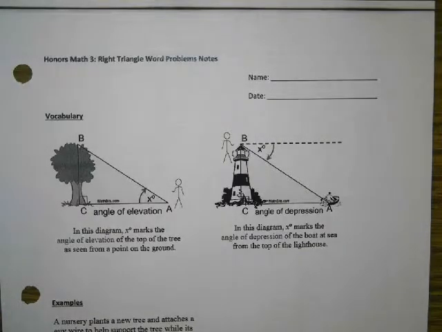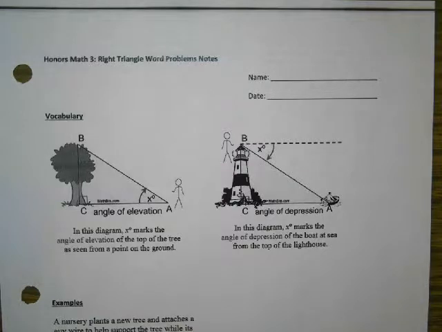So the first thing on your notes is 2 vocabulary terms that are specifically used for these word problems. Mathematically speaking, this is no different than what we did yesterday and today as a warm-up. The math is going to work out the same. The difficult part about these problems is we're doing word problems now, and you have to interpret what the problem is asking and draw a triangle. And then when you draw the triangle, you have to figure out if you're solving for an angle or for